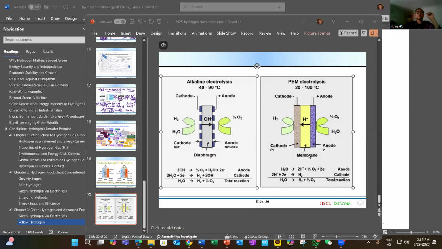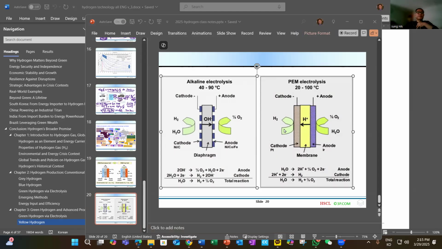This membrane is called the proton exchange membrane. The protons transmit through this membrane, and then H plus, together with the electron from the cathode,